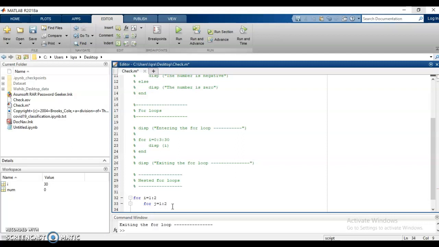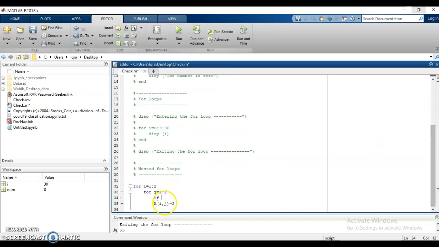2. Let's say we put if i equal 1 and j, and this is the and symbol, double and for the logical and in MATLAB. If i is equal 1 and j equal 1, what it's going to do is put A at i, j equal to 2.